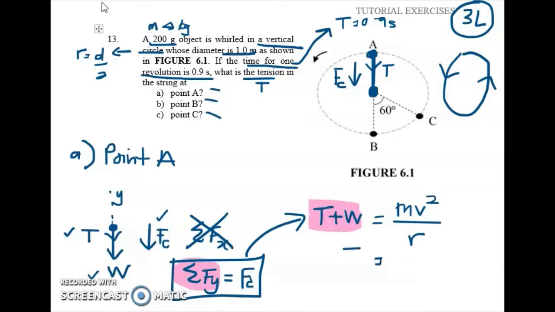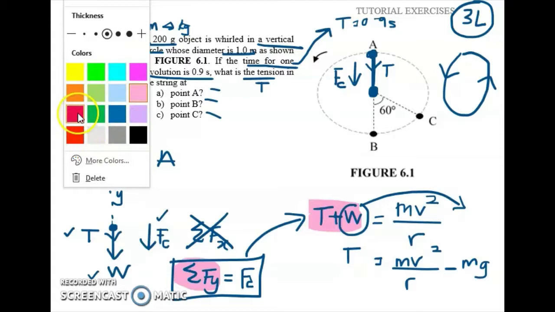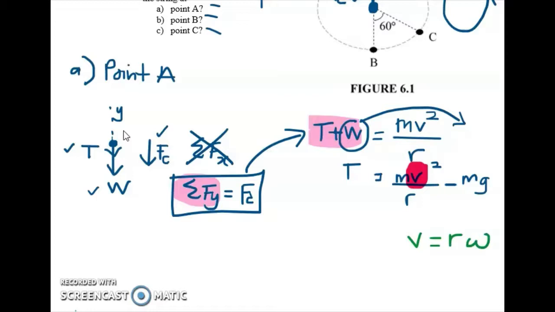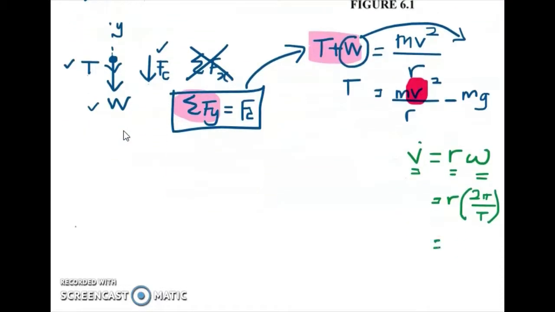And then since it asks you for tension, why don't you rearrange the equation like this? Okay, so this I bring it here, or I can substitute mg here. So the problem is we don't have any information regarding the v. So you know that v equals to r omega. Okay, linear velocity, angular velocity, and this is the radius of the circle. And then you also know that omega equals to 2 pi over period. Okay, so that's how you get the value for v, which is